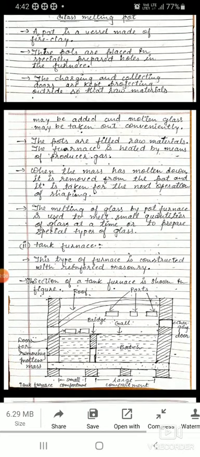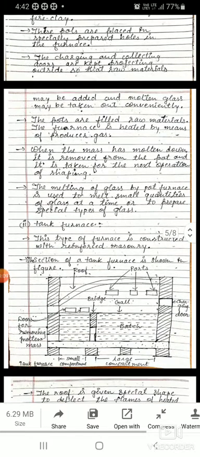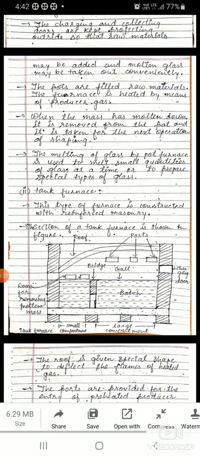The pots are filled with raw materials. The furnace is heated by means of producer gas. When the mass has molten down, it is removed from the pot and it is taken for the next operation.